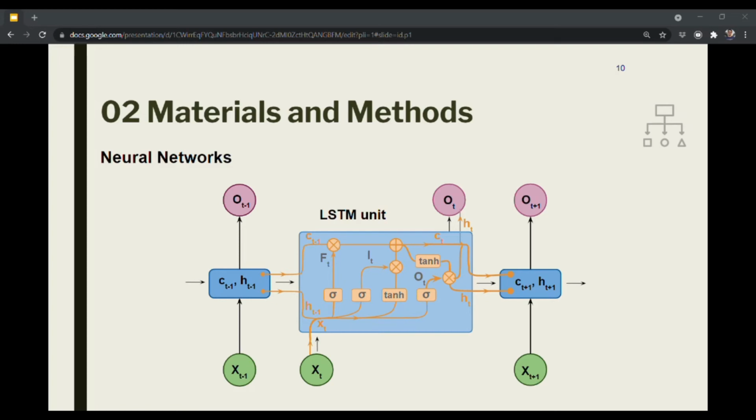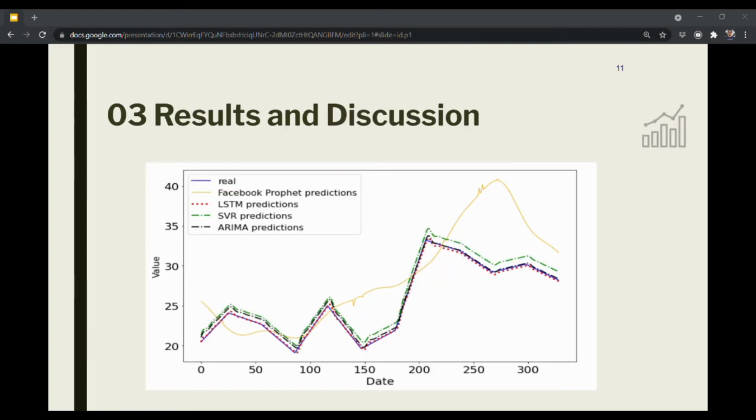The LSTM model detected all the existing peaks in the test set, which indicates a good prediction. That prediction follows precisely the trend of the original series. The predicted values for the first peak are still above the test values, but they are significantly better compared with the Facebook Prophet model ones.